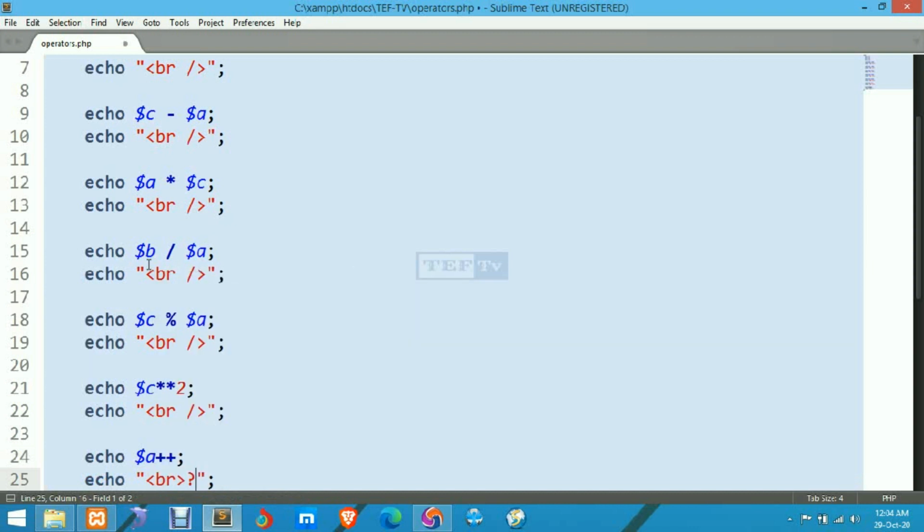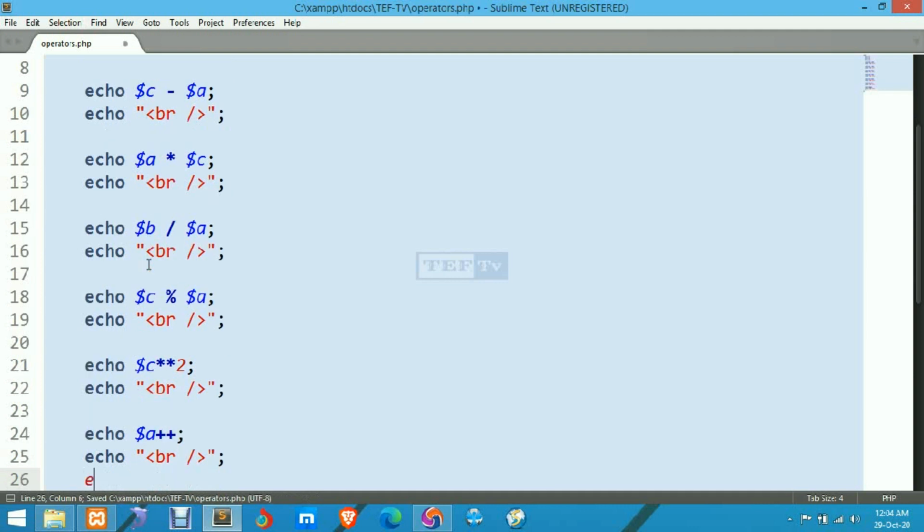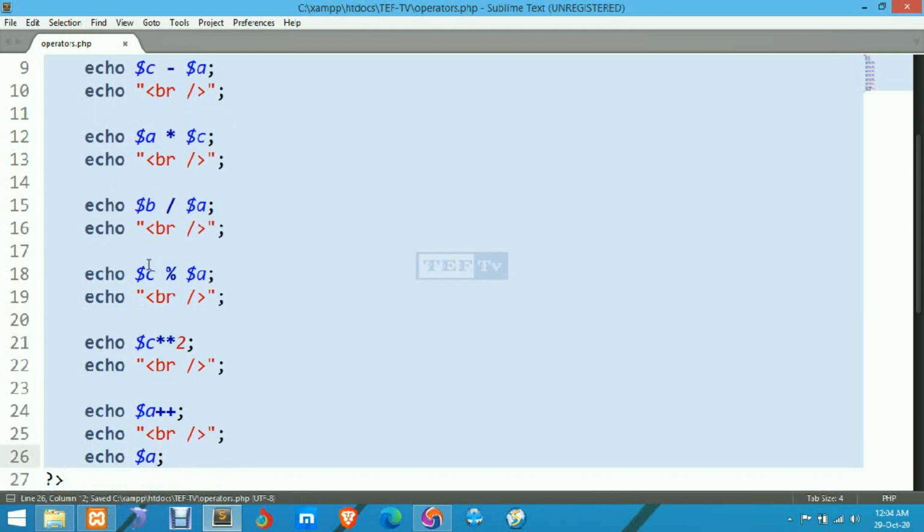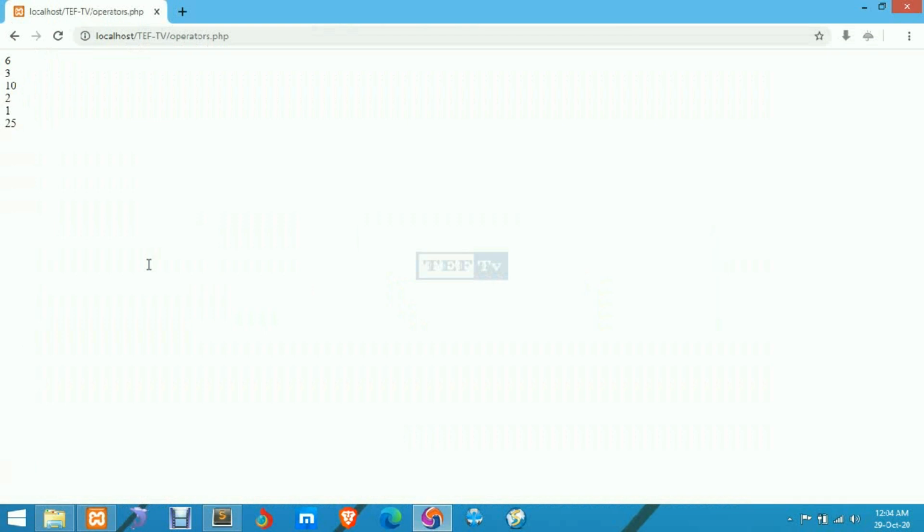BR, echo A. Now you will see the difference between these increment and decrement operators.